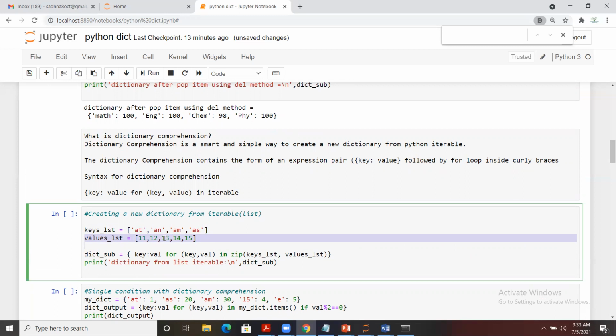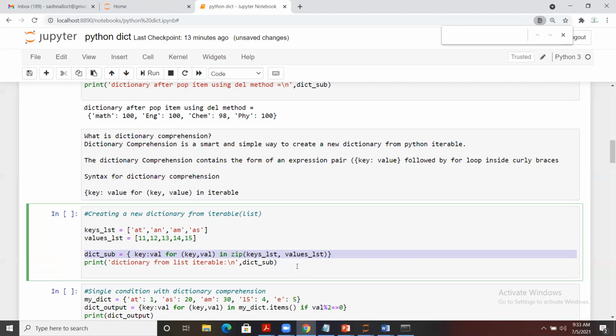Using these two lists, I want to create a dictionary where I'll put keys_list items as keys and values_list items as values. So how can you do it? We have this syntax here, and I have used the zip function to do it. With curly braces, we are going to apply key, then value, for key, value in zip of keys_list and values_list.